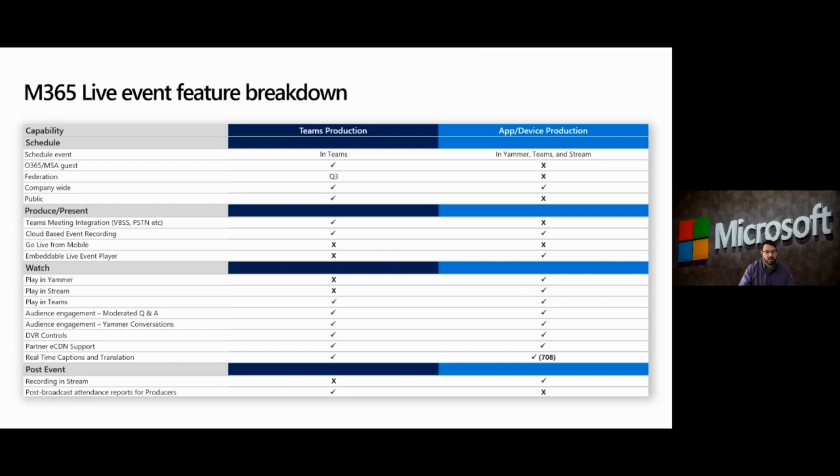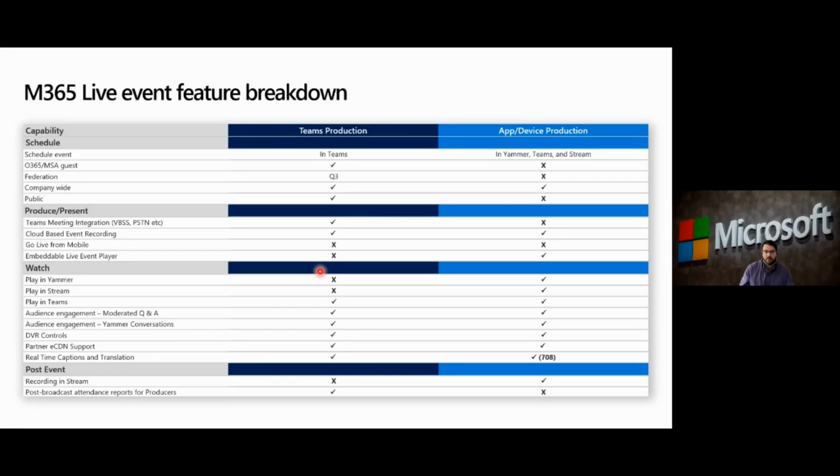Now, if you look over here, obviously VBSS and the PSN, none of those pieces will actually be doing it because all the audio and video will come from the encoder side. However, all the other pieces still exist, except the one thing that doesn't: if you want to play it in Stream, which is an authenticated experience that you can embed, or Yammer, you actually have to use app or device to do that production.